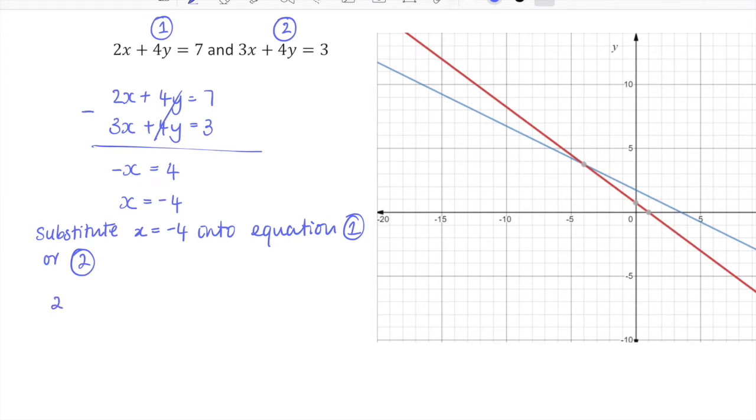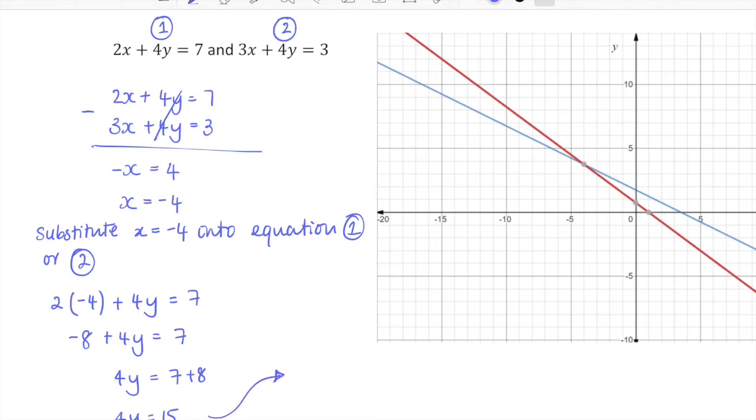So I'm going to substitute x is equal to negative 4 into 2x plus 4y equals 7. So expanding this now, I've got negative 8 plus 4y equals 7. So I'm going to write 4y is equal to 7 plus 8. So 4y equals 15. And then solving for y, I've got 15 divided by 4. So that means when x is equal to negative 4 and y is equal to 15 on 4, that's when